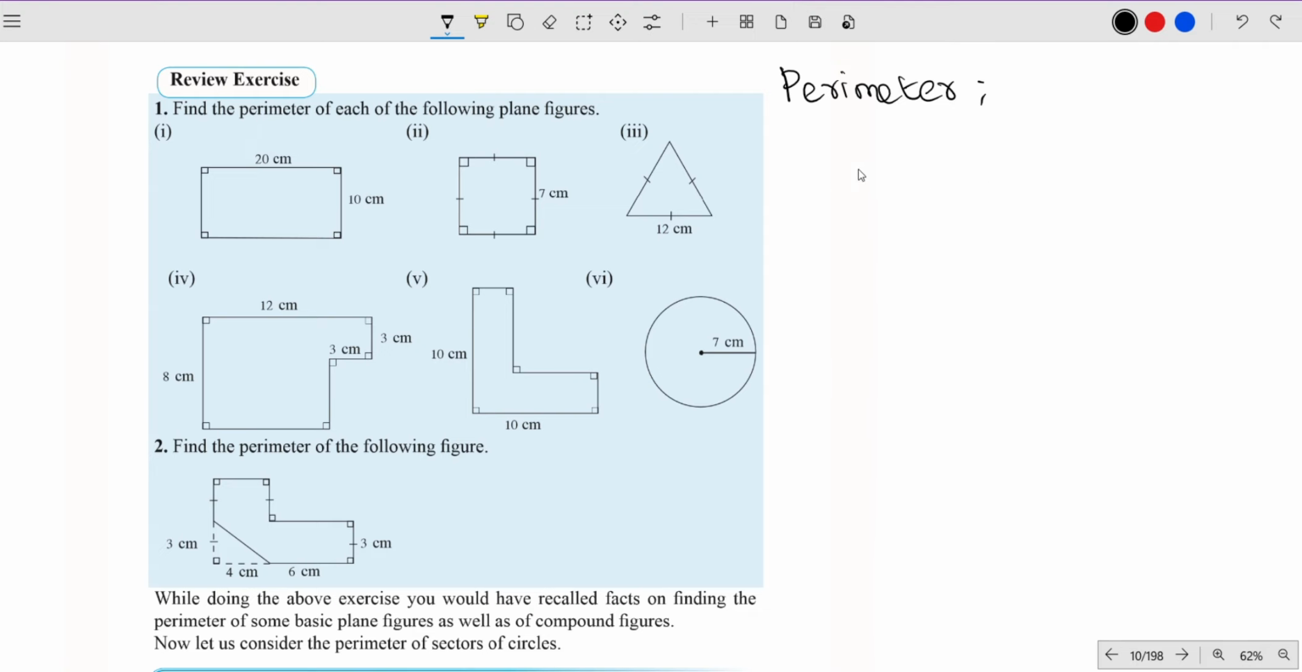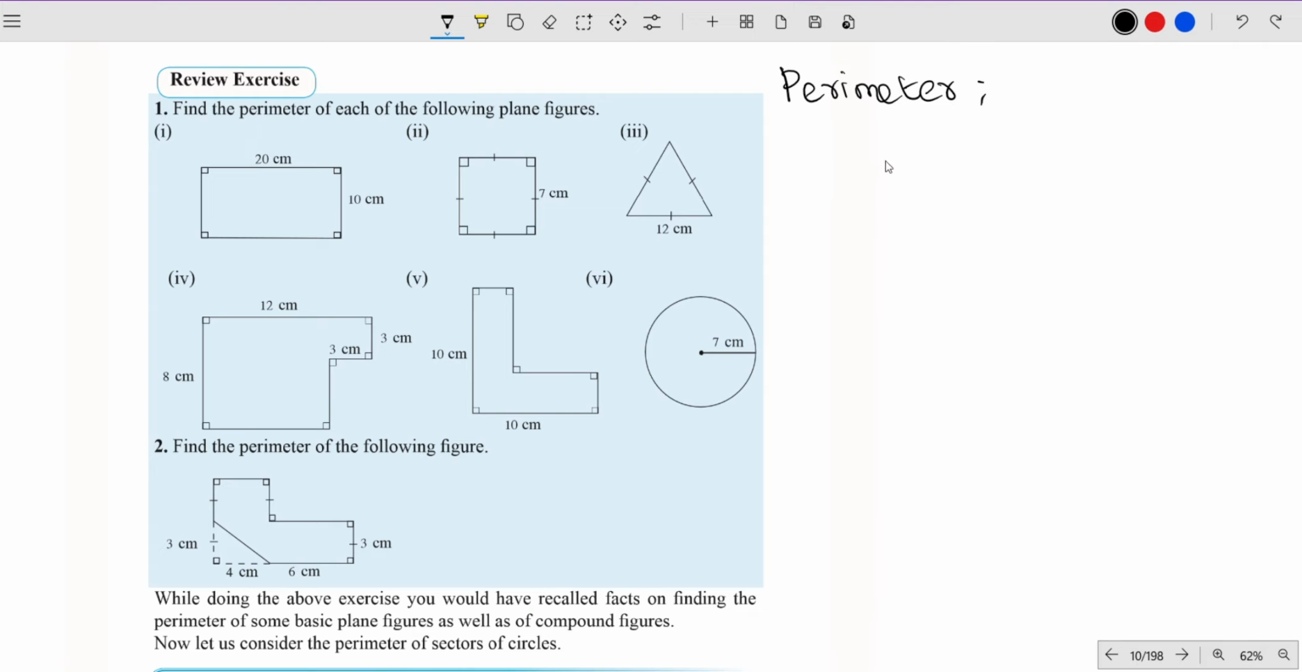Okay? And we only talk about 2D plans here, 2D plans. And in 3D we will talk about the volumes of the objects, volume of the things. So